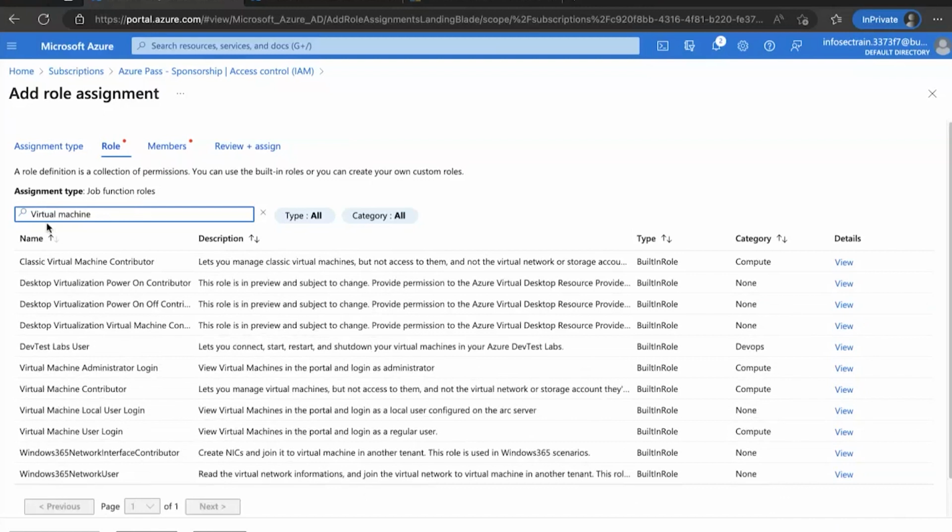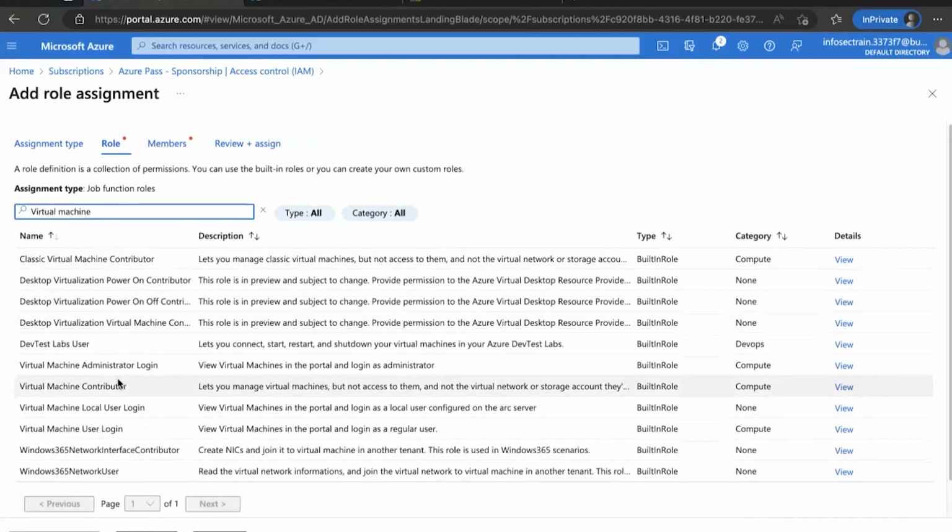like here, virtual machine contributor roles. You will have a virtual machine administrator role and a virtual machine contributor role. If I apply it at the subscription level, it is automatically applied to all underlying resource groups and all underlying resources at once, right?